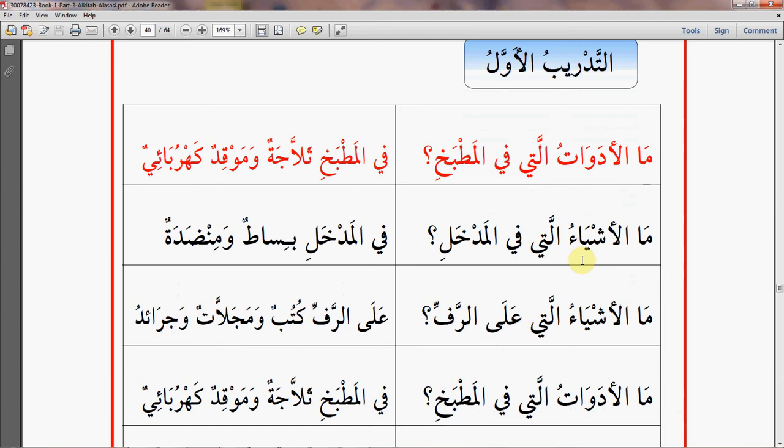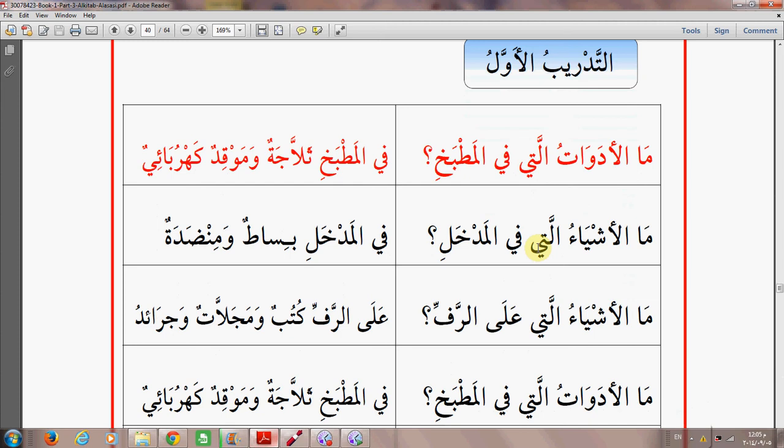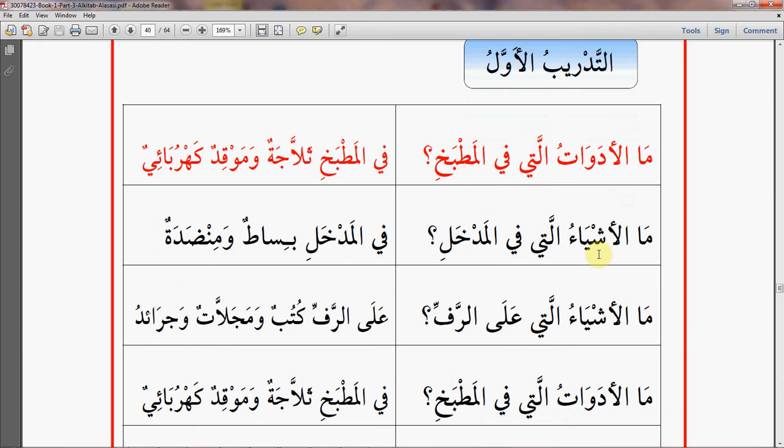Again, الأشياء is the plural of شيء, and شيء is masculine, but الأشياء will be feminine then. That's why I used التي. ما الأشياء التي في المدخل? What are the things which are in the entrance? So they are not typical. Okay, so ما الأدوات التي في المطبخ؟ ما الأشياء التي في المدخل؟